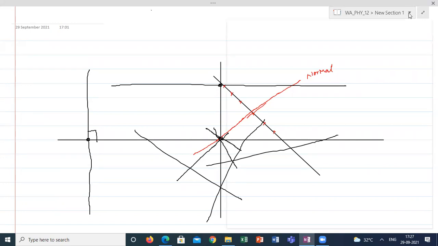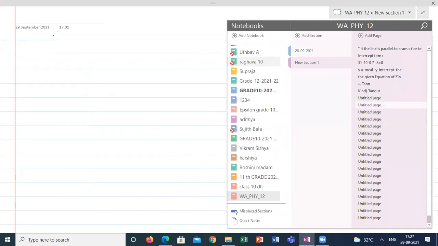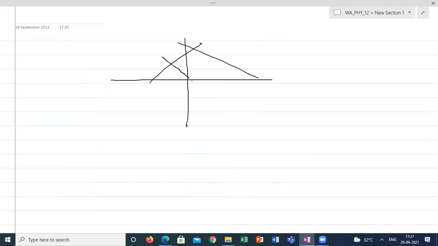So what is the normal form? Suppose I take different lines. This is one line, this is another line. The normal of this line is this one. N1 is the normal for the first line. This is a second line, so N2 is the normal for the second line. If I take some other line, I will get some other normal. But if I take a line parallel to L1, you will get the same normal. However many lines you take parallel to one line, you will get a common normal.